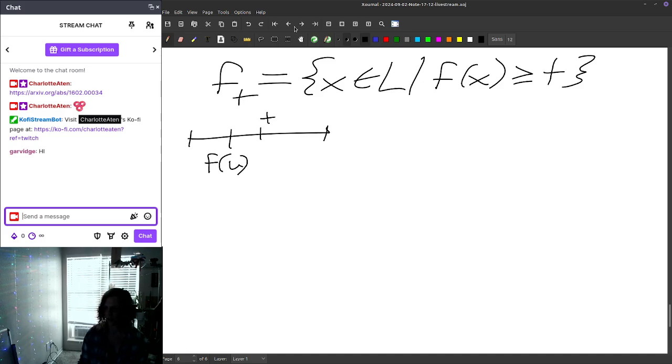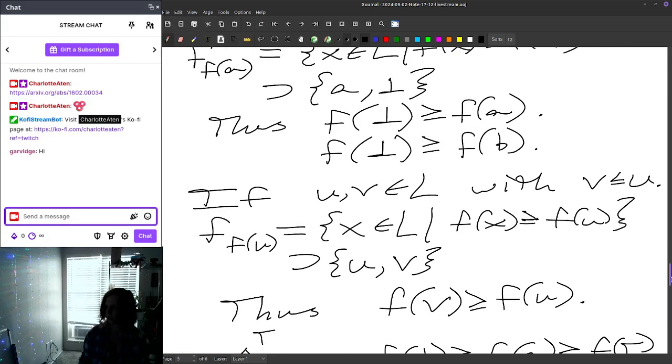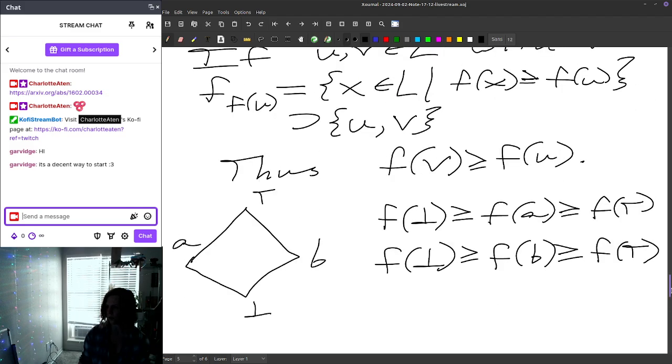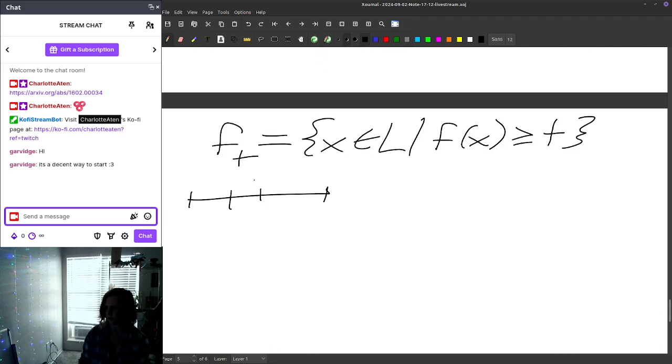Okay, well, let's see. I want to be consistent with my other thing that I had before. So before I had that if v is less than or equal to u, then f of v is greater than or equal to f of u. So let's imagine that v is less than or equal to u. So then if we have some t here, maybe it's the case that